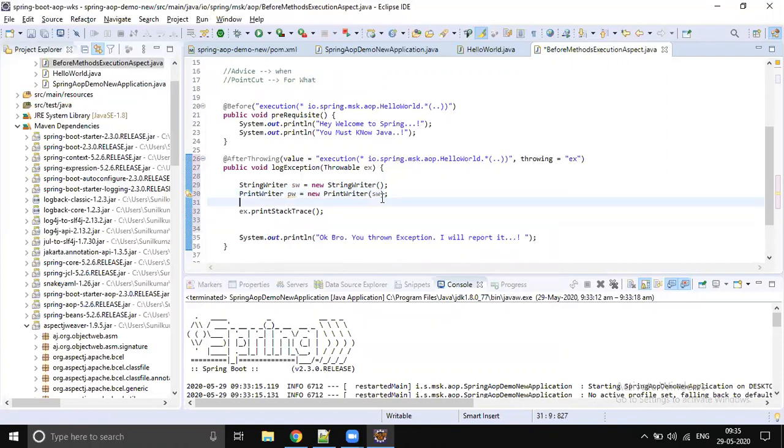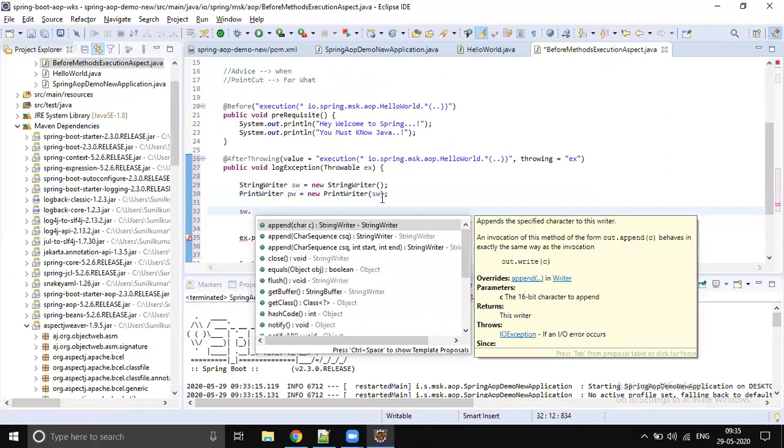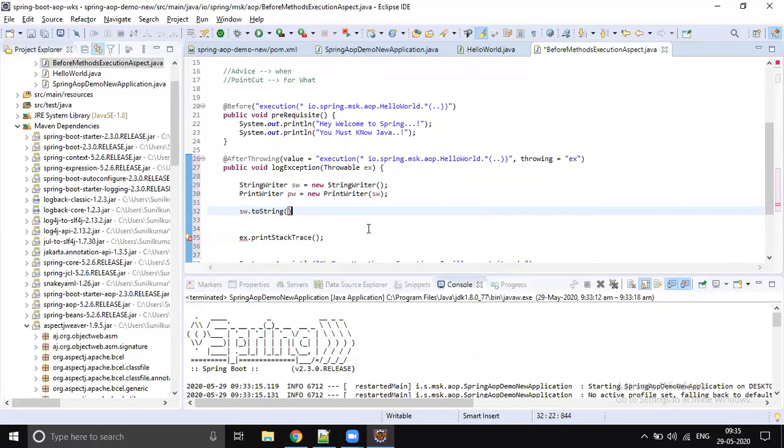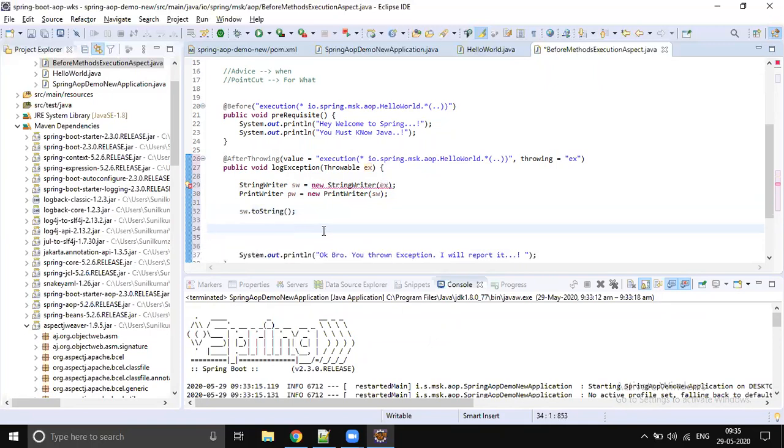And you can call sw.toString. I think this exception has to be given here, so you will get the exception stack trace. Not sure, I forgot that part. Okay, it's not allowed.